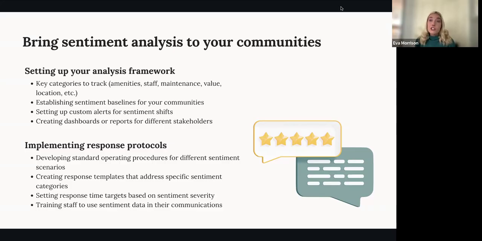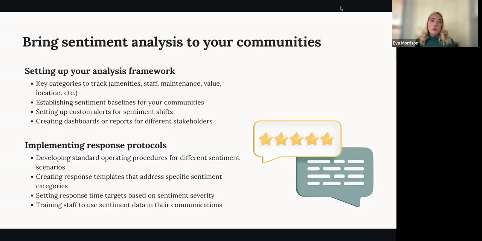Again, we can set custom alerts and build some reports here that actually tell us when sentiment is changing. So now we have all these key categories, and we have our baselines at each community. Now we can quickly see on a month-over-month basis how things are shifting. Are our policies having an impact here? How is sentiment changing over time? Maybe a really positively performing property all of a sudden is having a negative sentiment shift around a specific category. That sounds the alarm bells, lets our team go in and dig into that, and hopefully address it before it has an impact on leases and turnover, and move outs for that community.